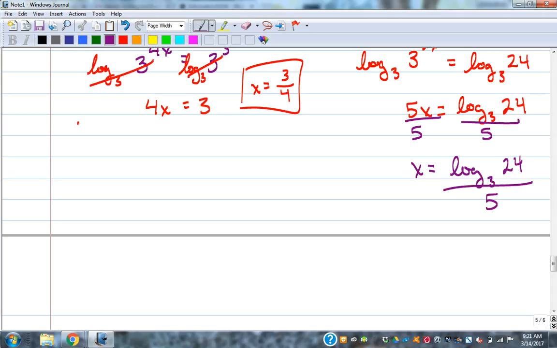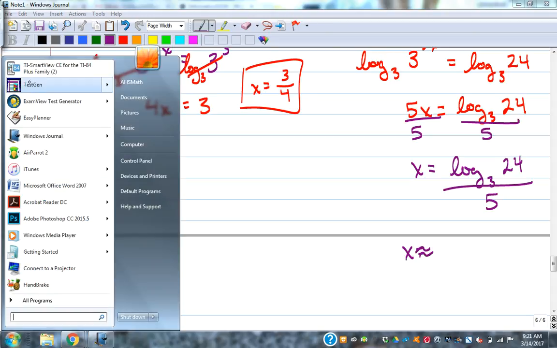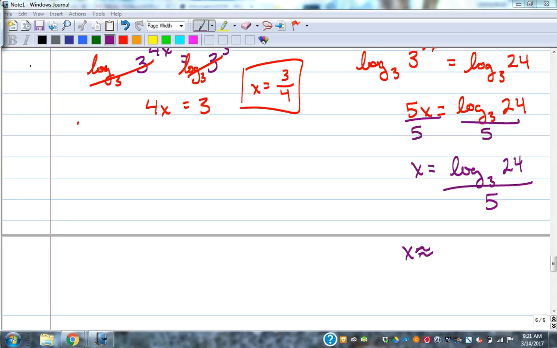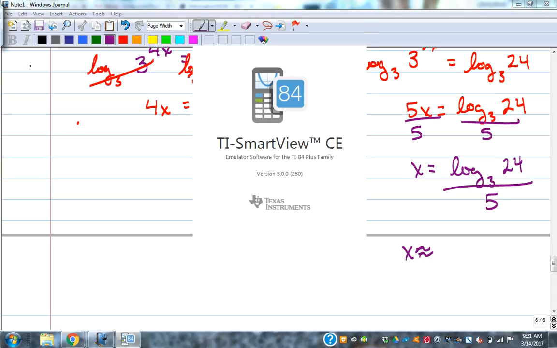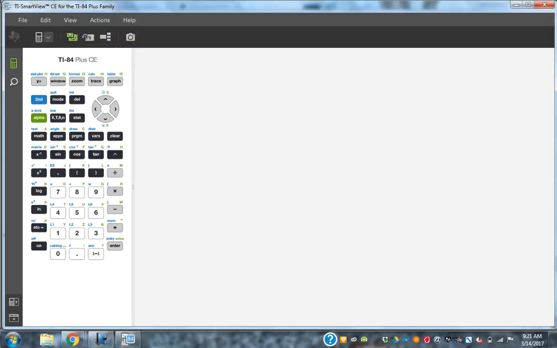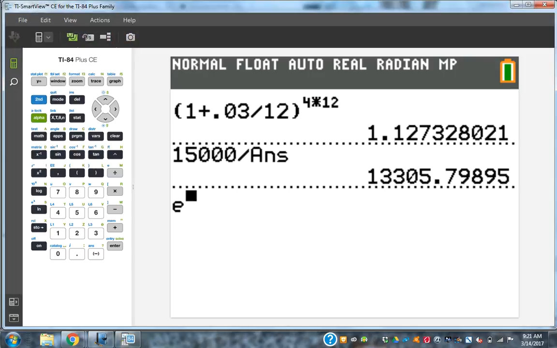And then here's where we use the calculator, Bill, and this is what you're asking. When can we use it? This is when you would use it, so that we can get the decimal approximation for that using our calculator. And the way you want to do that, open up my calculator. I hadn't had it open because I would be tempted to use it. As we type in